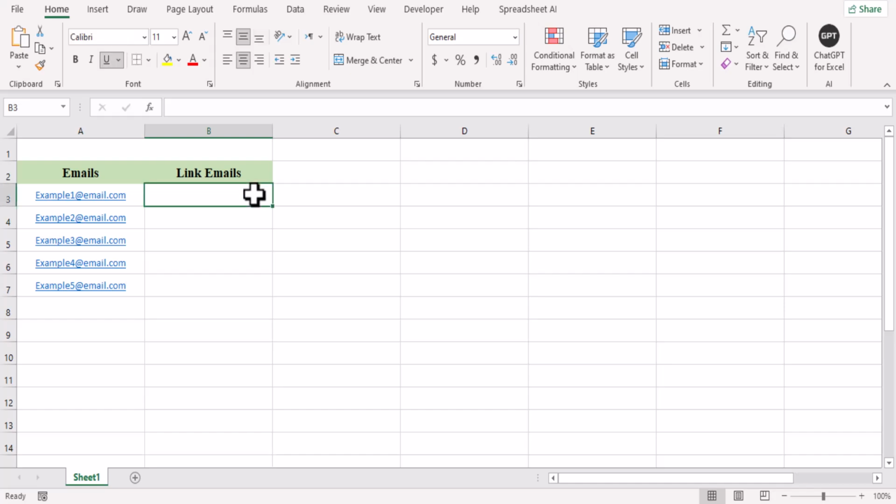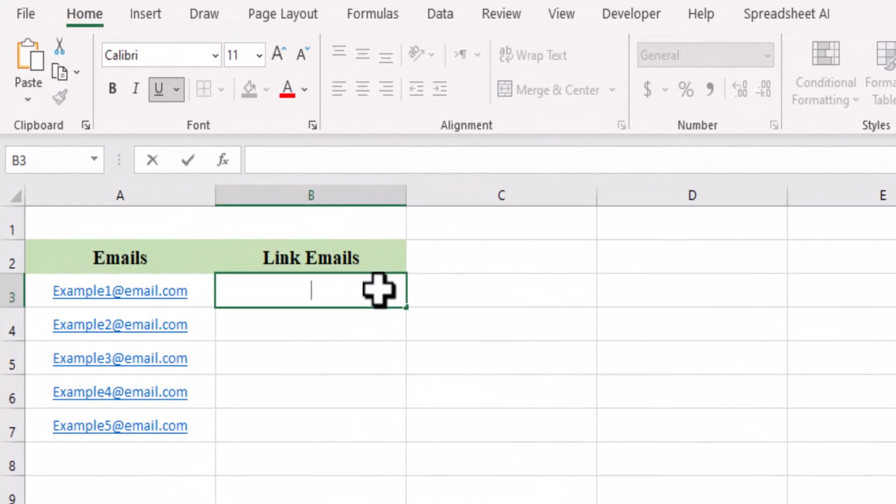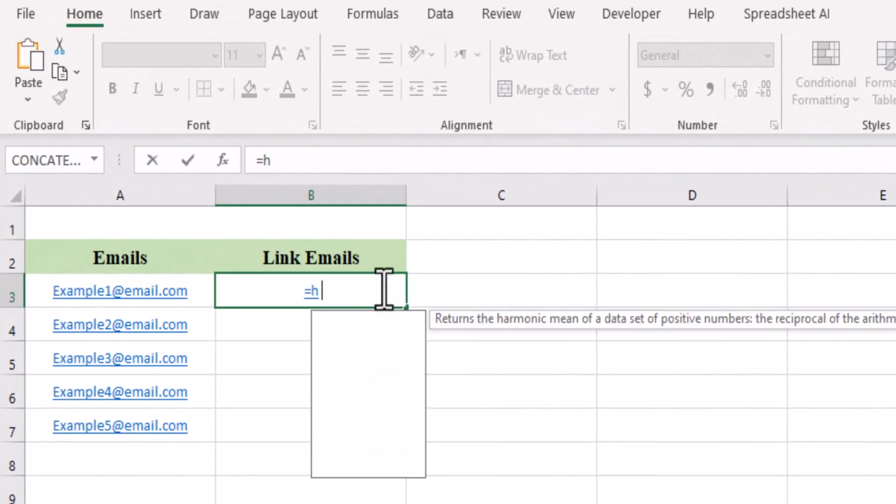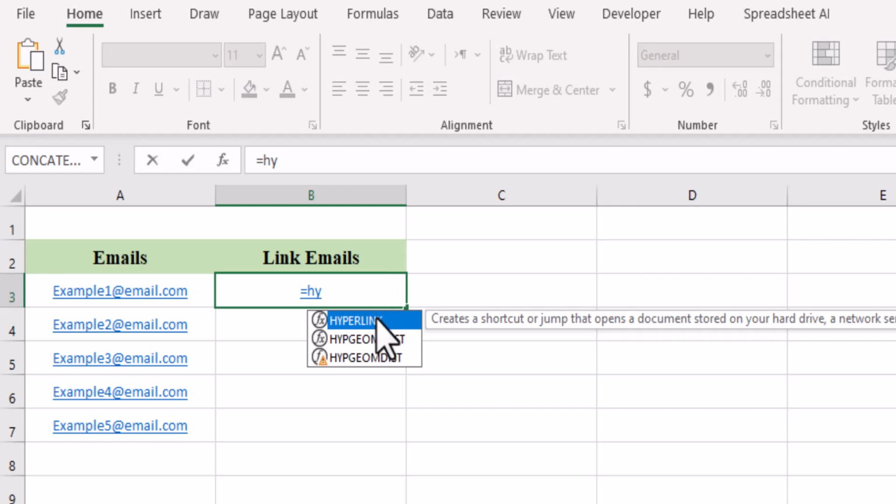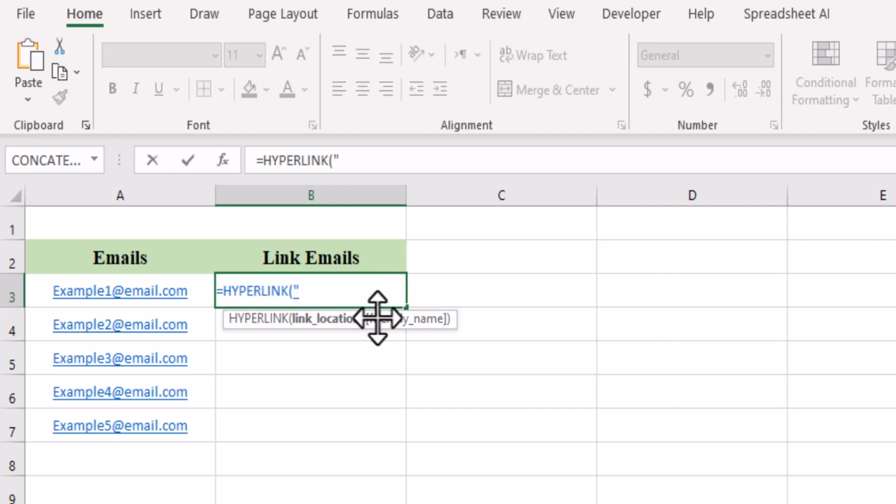Click into the target cell, type HYPERLINK function, quotation, mailto, colon, quotation, type & to use another function,